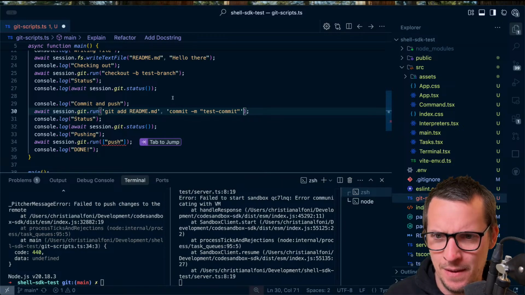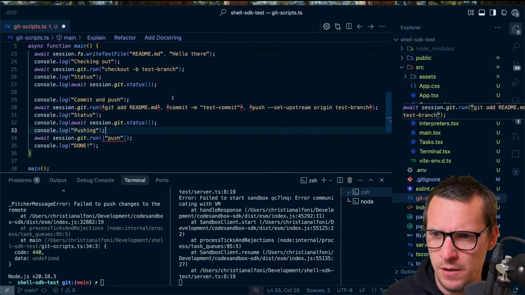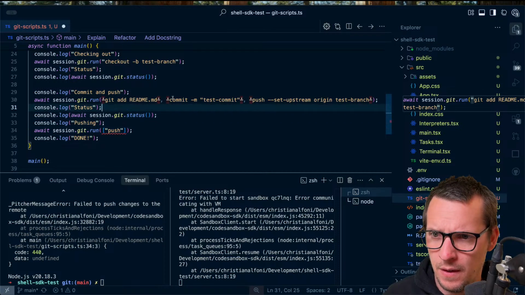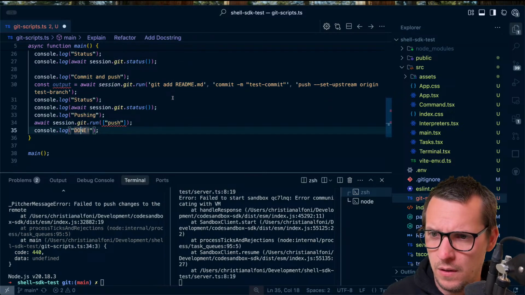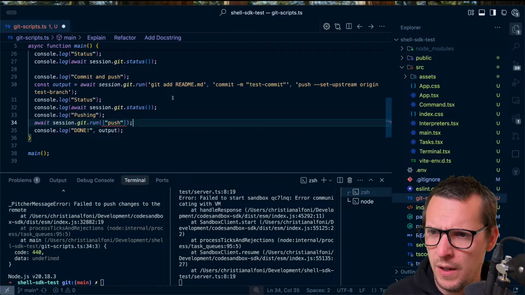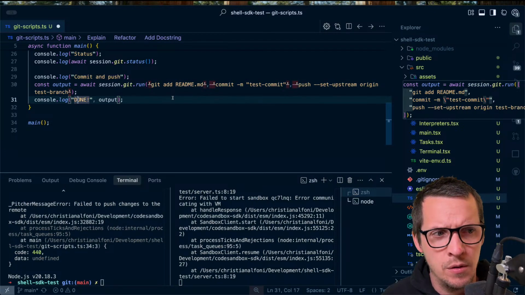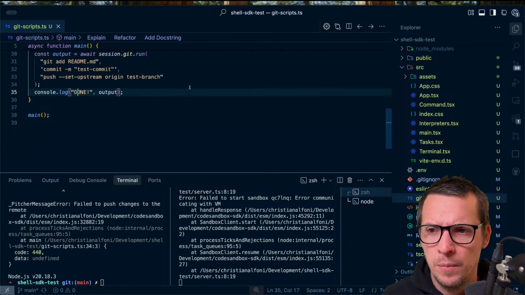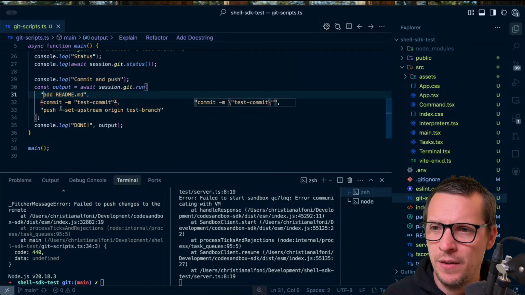Test commit. And then we're going to do push set upstream origin test branch. And then we're just going to look at, I guess we can look at the status and output, done output. Well, I guess we don't need to look at that thing. We can just look at the output. Oh, yeah. And this is the thing. It's like if I don't prefix,